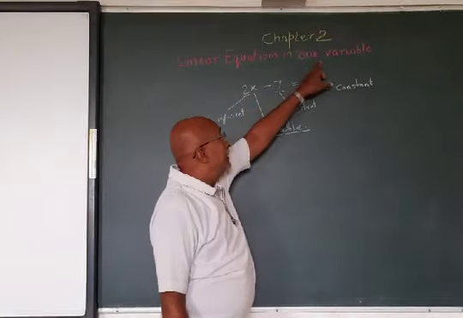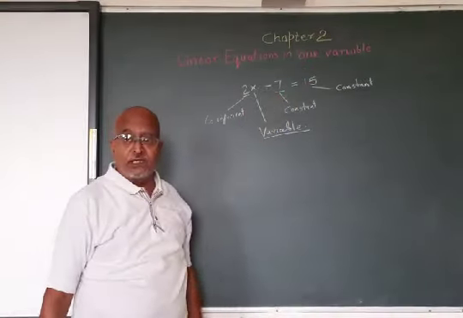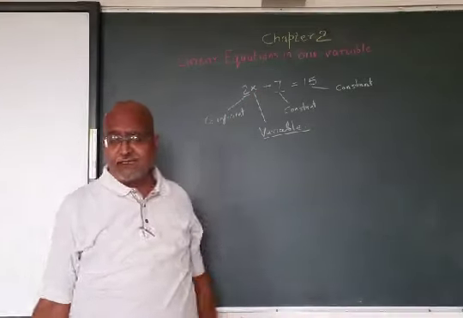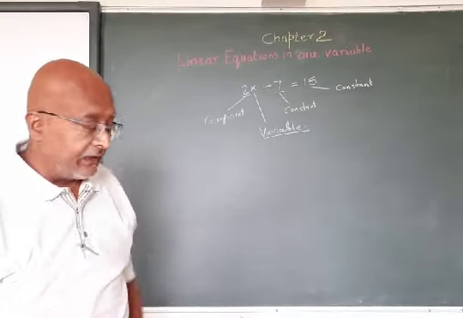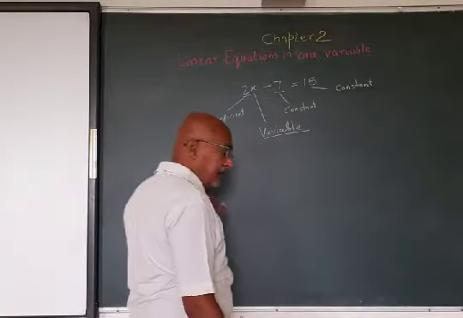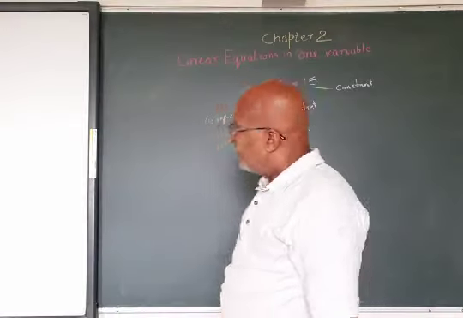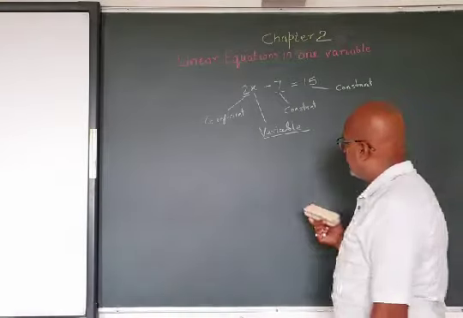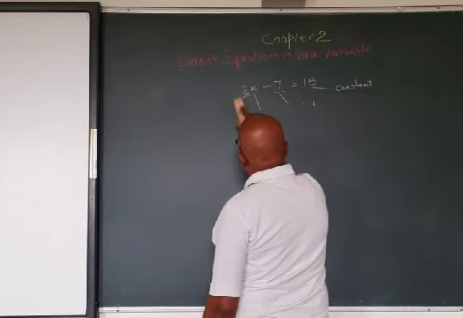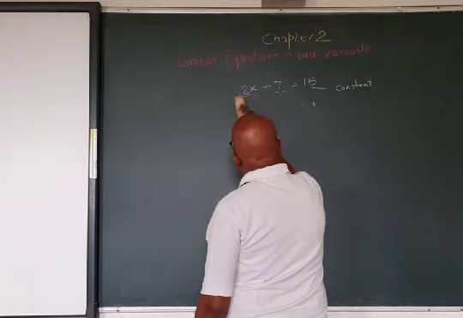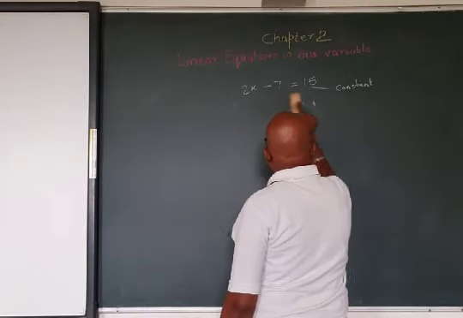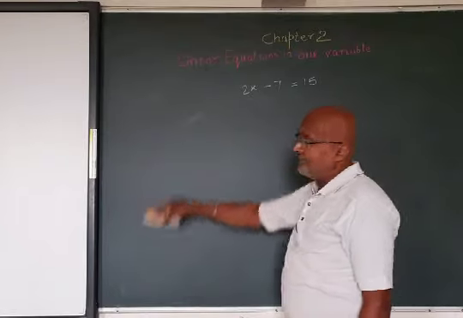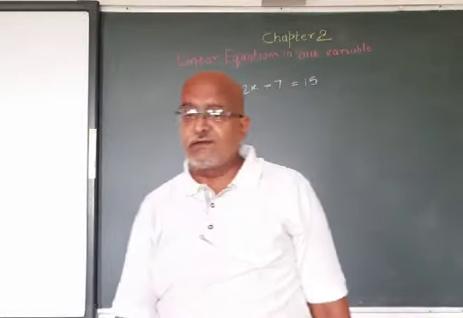As it is clearly mentioned one variable, we cannot use more than one variable. Here in place of x you can use anything, a, b, c, z, m, n, any single letter. Mostly in equations we use small letters, not capital letters. Now, why are these equations made? The equations are made to find the unknown quantity. The unknown quantity is considered as a variable.